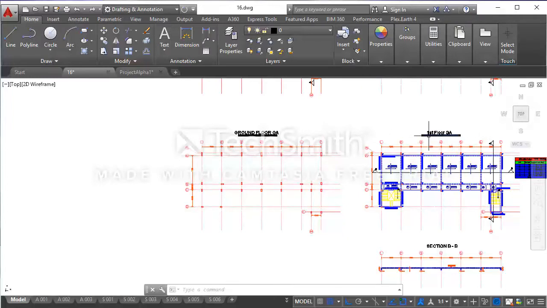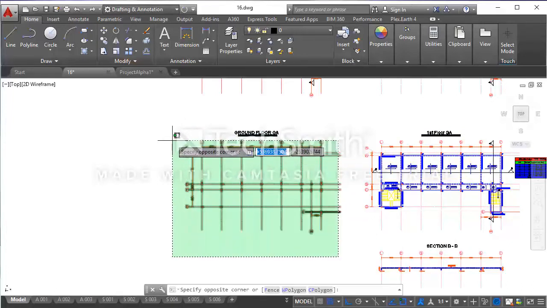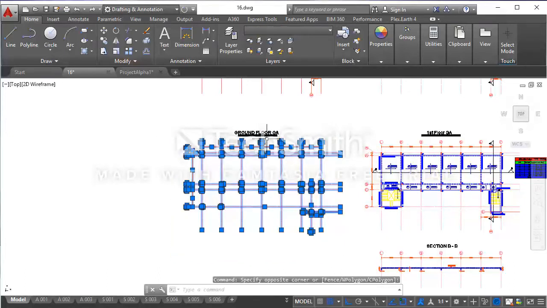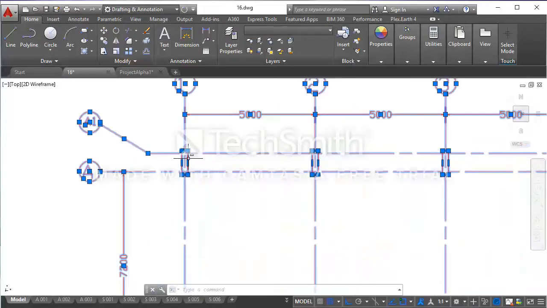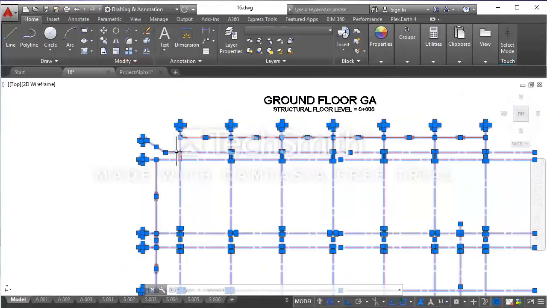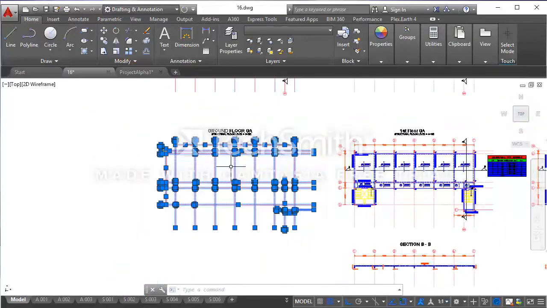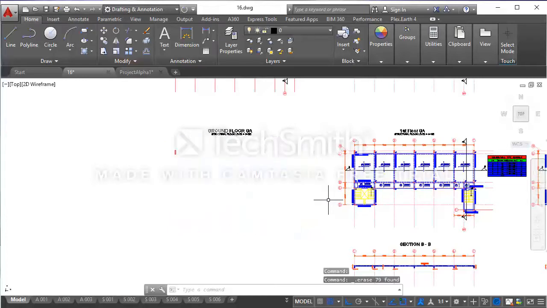element drawing. So to do this, I'm going to select all of these objects on the ground floor gen element drawing except the headings because I don't want it removed. I'm also going to unselect this column here by holding down my shift key on my keyboard and clicking on it because I want to use the column as a reference object to duplicate my ground floor gen element drawing from my first floor gen element drawing. Now I'm going to hit delete on my keyboard to delete the selected object.